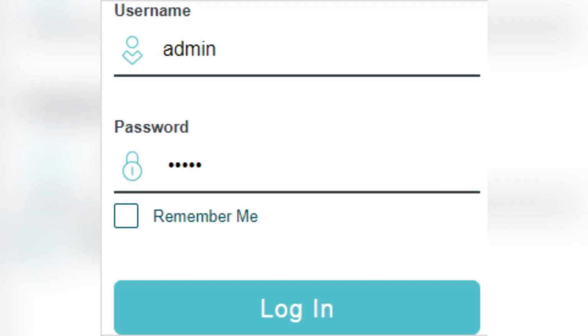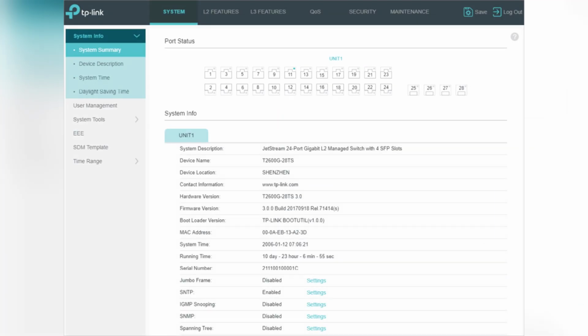Just connect your computer to the same network as the switch, either directly via Ethernet or through a router. Ensure the network route between your PC and the switch is available. Use Internet Explorer or Firefox or Chrome and enter the switch's IP address. Just in your browser address, type